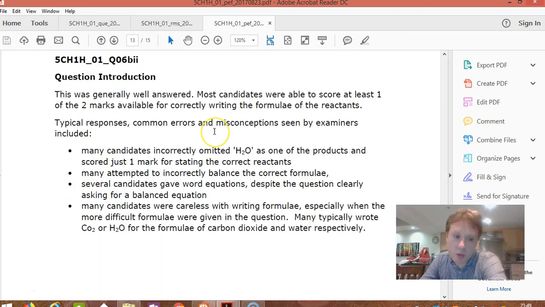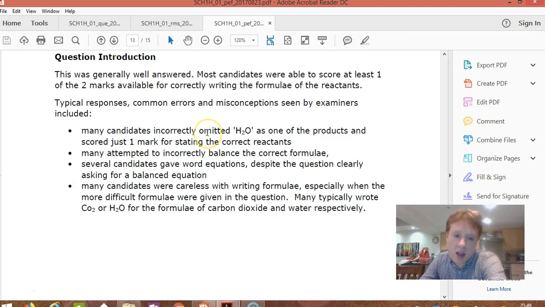This was well answered. Problems: many candidates omitted H2O as one of the products. Many candidates attempted to balance the formula, but in this case you don't need any numbers. Several candidates gave word equations, despite the question clearly asking for a balanced equation. Many candidates were careless about writing formulas, so they wrote CO2 with a lowercase o, or